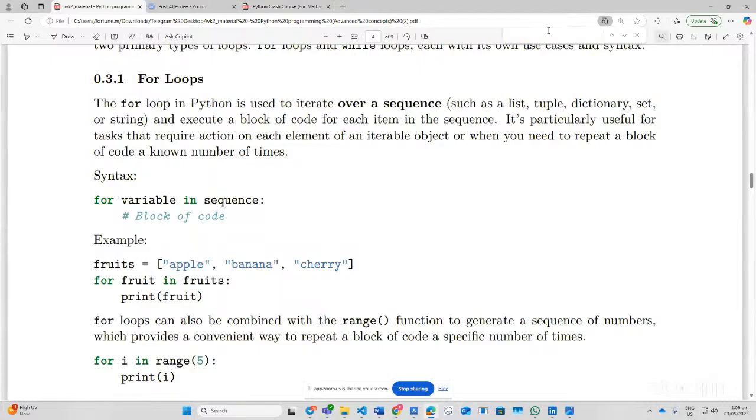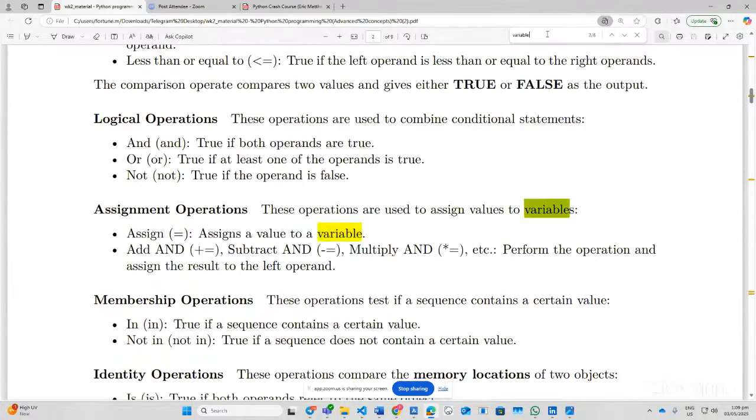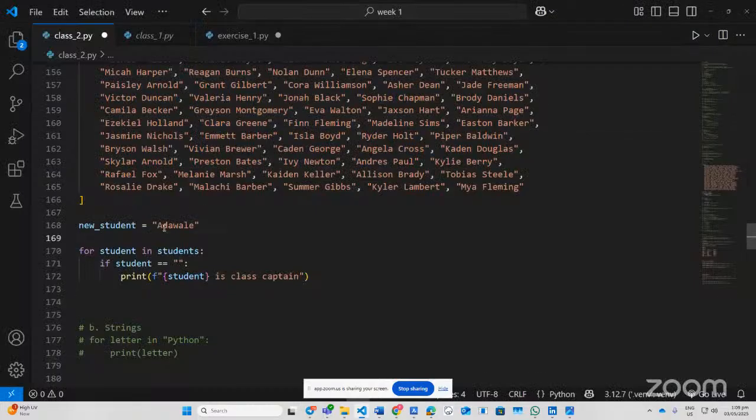This is basically the search feature. That's basically what you're doing now. I'm searching for something in this whole book, this whole document. That's exactly what you're about to do now. This is like a search feature, right? So for students in students,